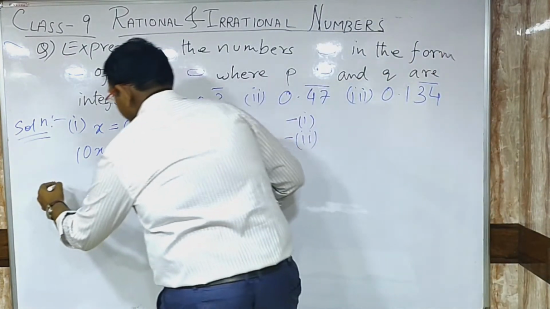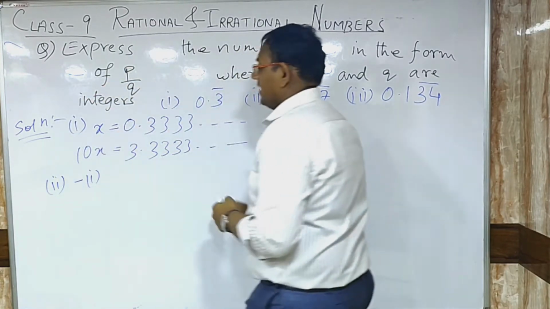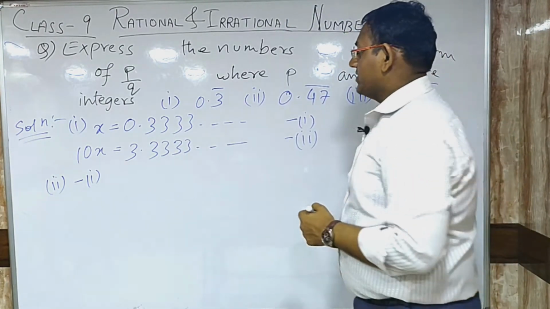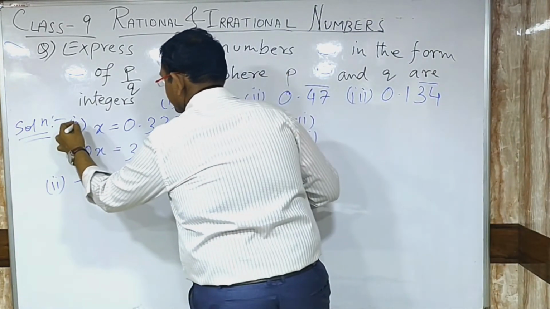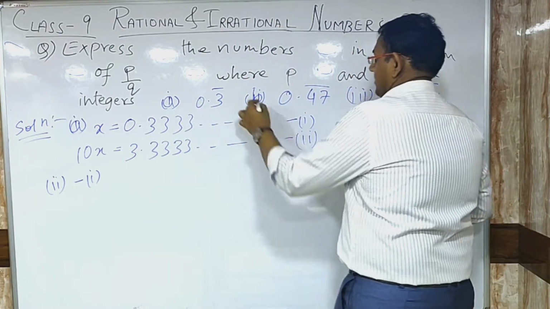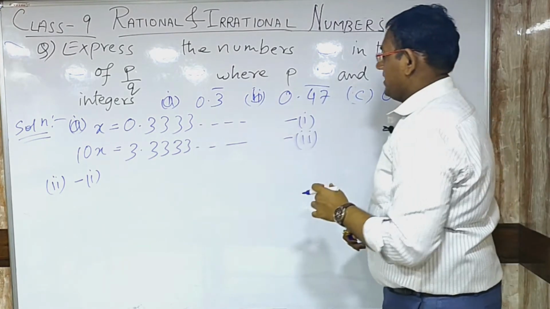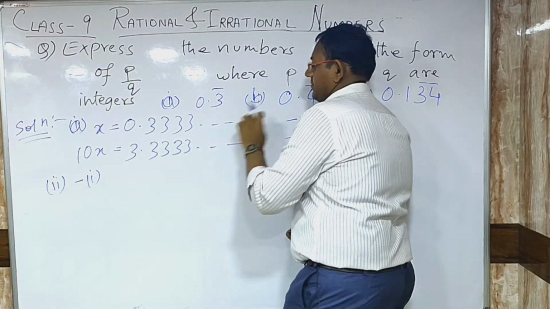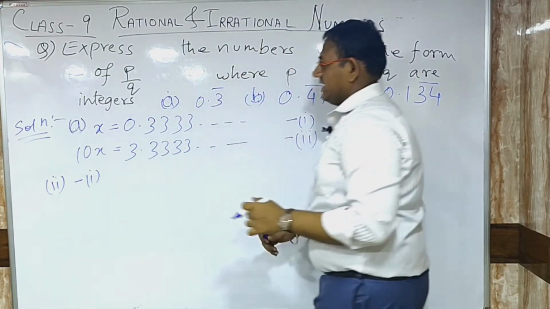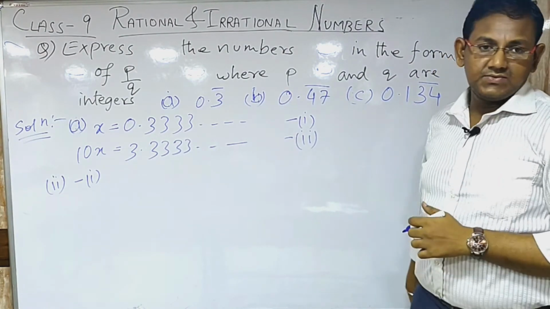Now we are subtracting equation 1 from equation 2. Let me label them A, B and C, because you might have a confusion. This is the first question A, this one B and this one C, so it will avoid confusion. In this case, we are subtracting the first equation from the second equation.